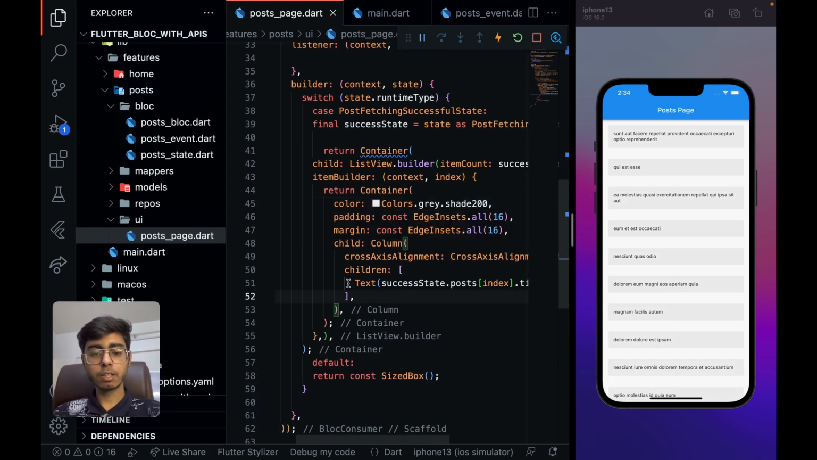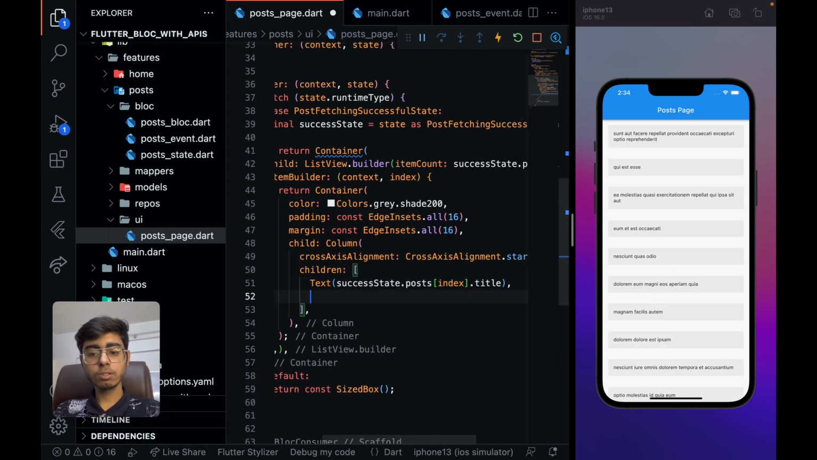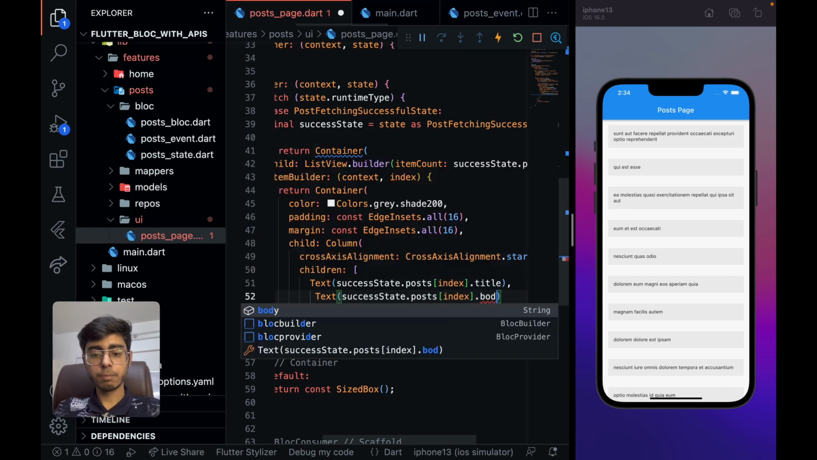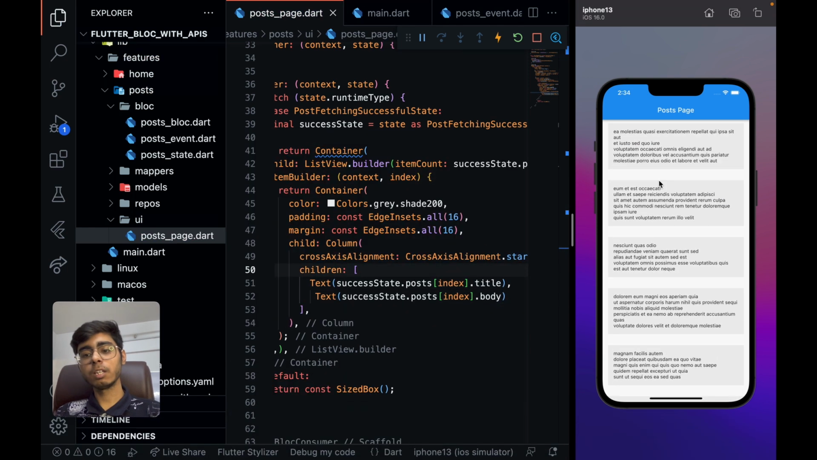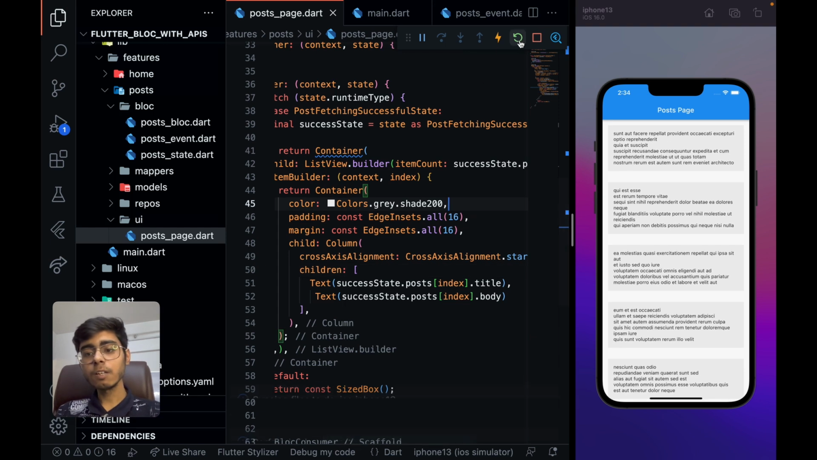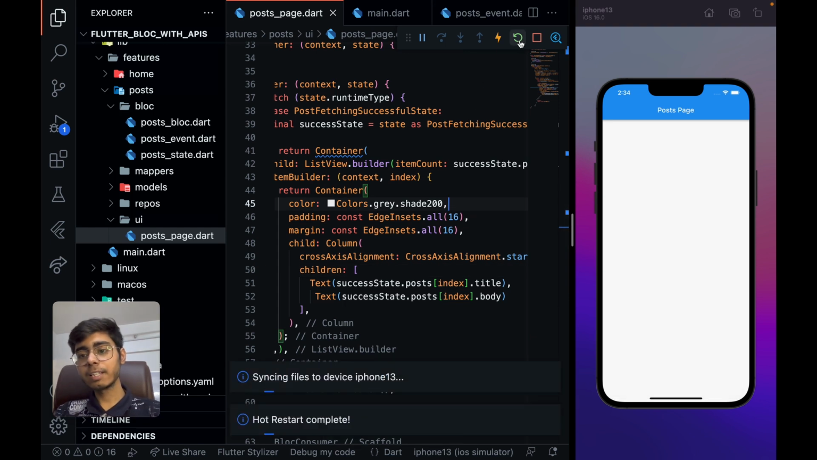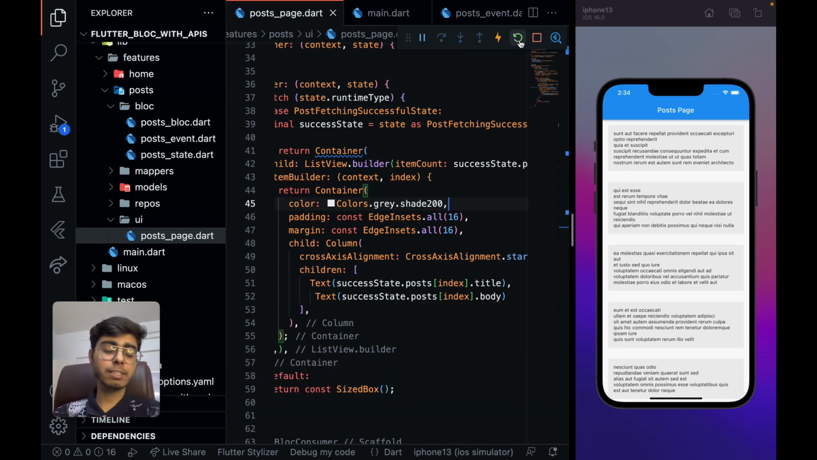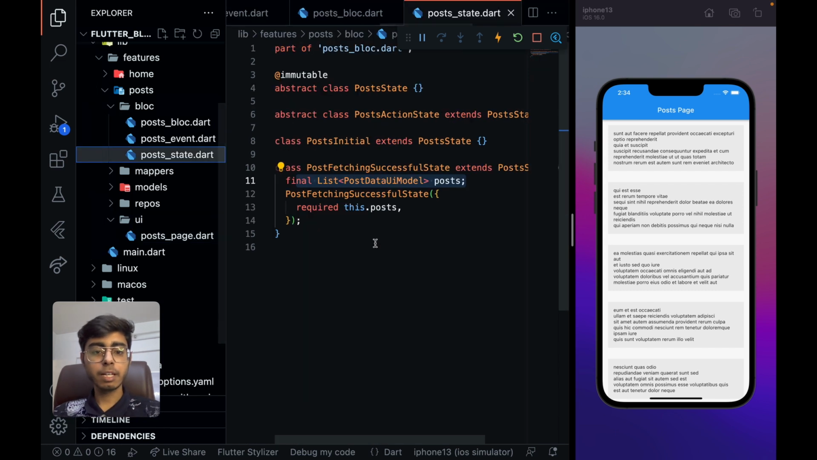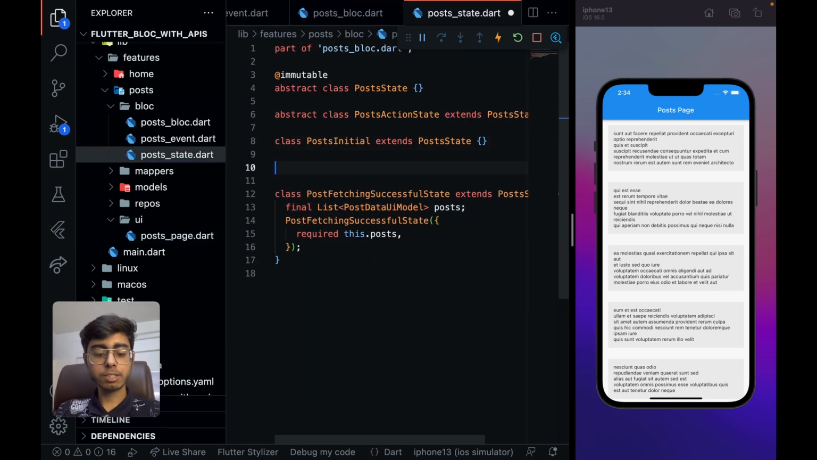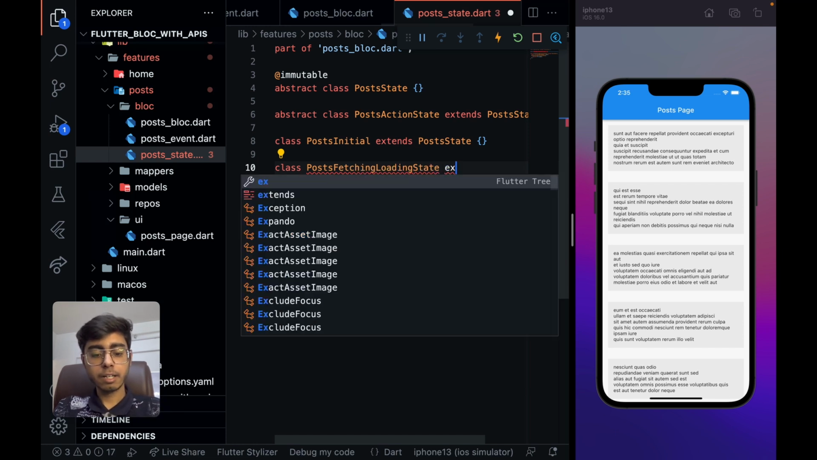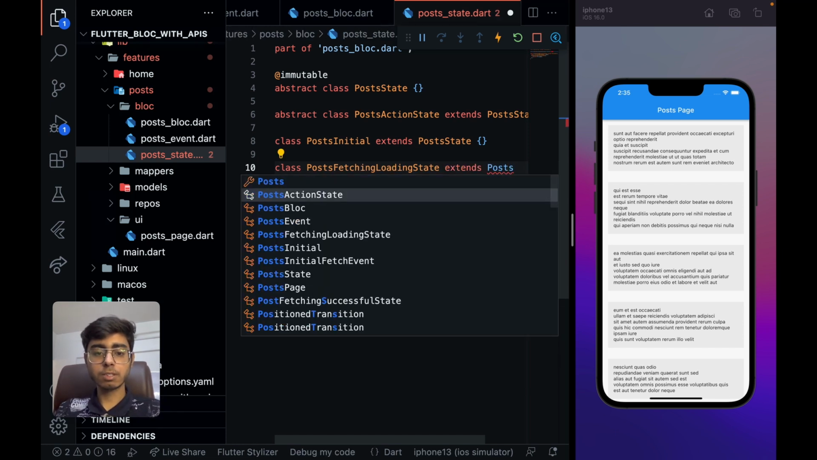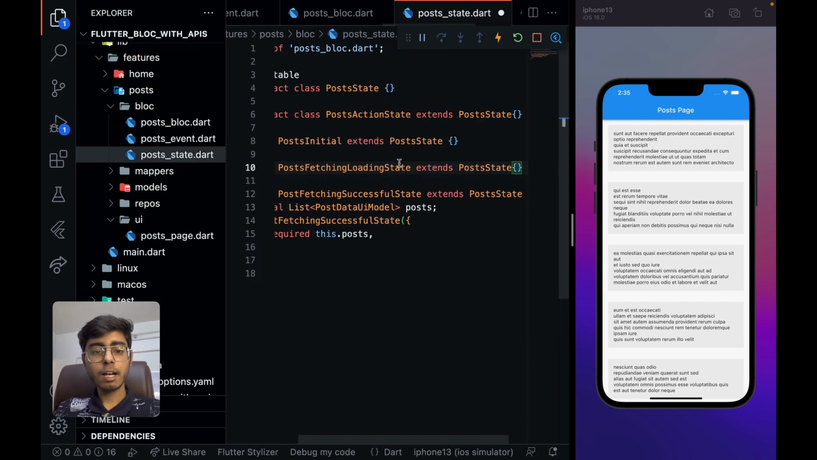Now I can return one more text with the body also, and this can be my body, correct? So these are all the posts that are getting fetched from the internet, from the API. Now if I just refresh, you will see there is slight white screen gap. That's the time when my API is getting loaded. So I need to go in my state, and I also need to create one loading state. So class post fetching loading state. It is going to extend post state because this is a build state,